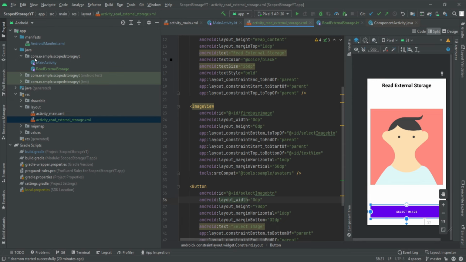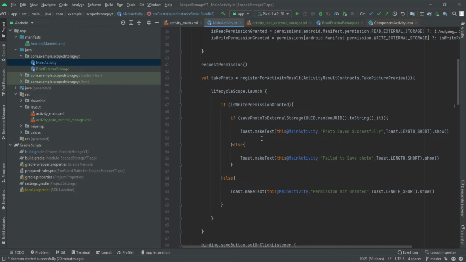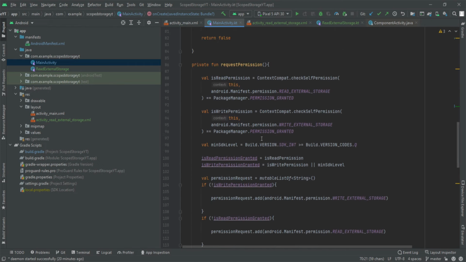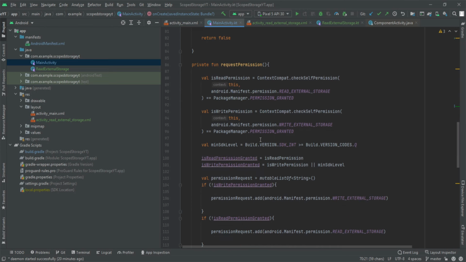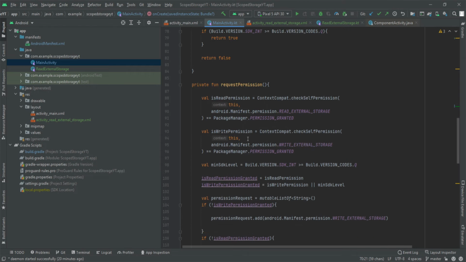After that, if you haven't watched my last video, we have implemented the read permissions. We have already implemented the code to ask for the read permissions from the user. If you know how to do that, you can skip that tutorial, but in case you are not aware of the implementation of this, then you must watch that tutorial first, because we are not going to discuss that in this tutorial, right? So I assume that you have already granted the read permission to the user, right?